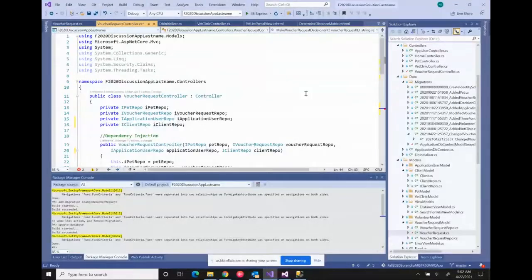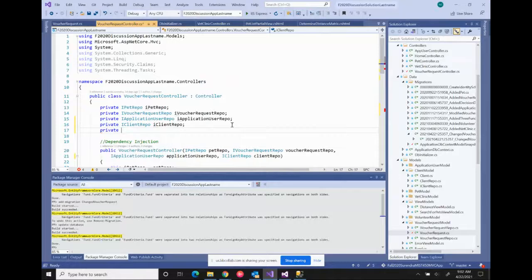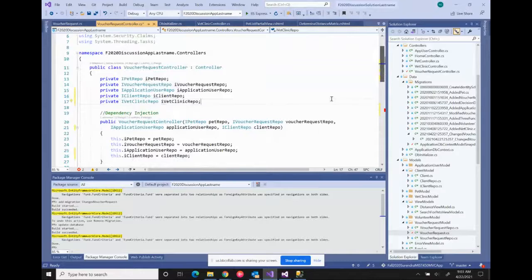We don't have it. So if we don't have it here, that's another one that we need to bring in. Vet clinic repo. So even though we are not directly using it in the voucher request controller, we need it